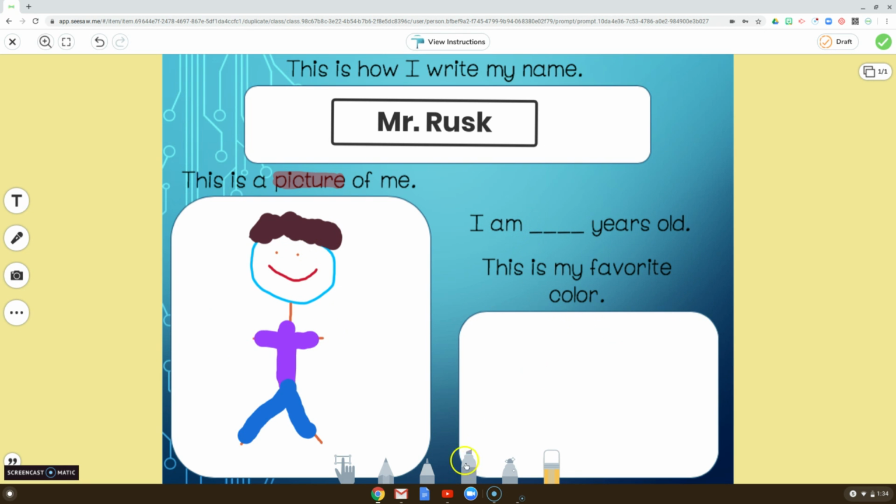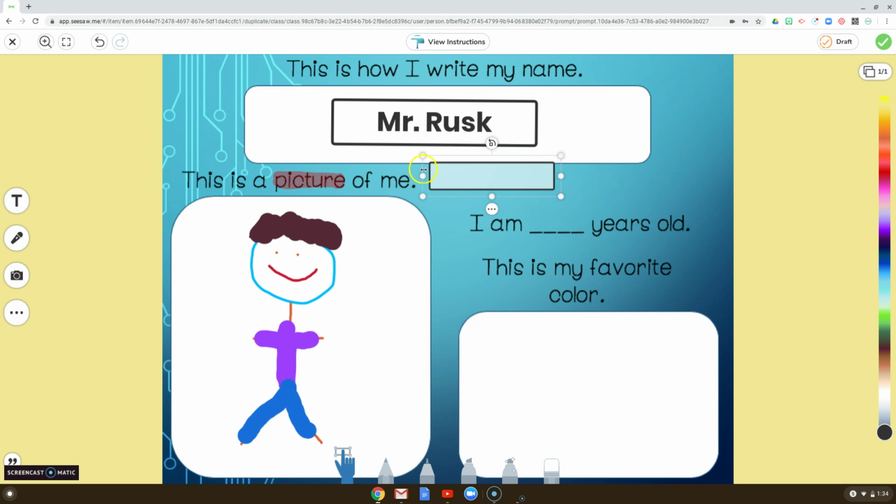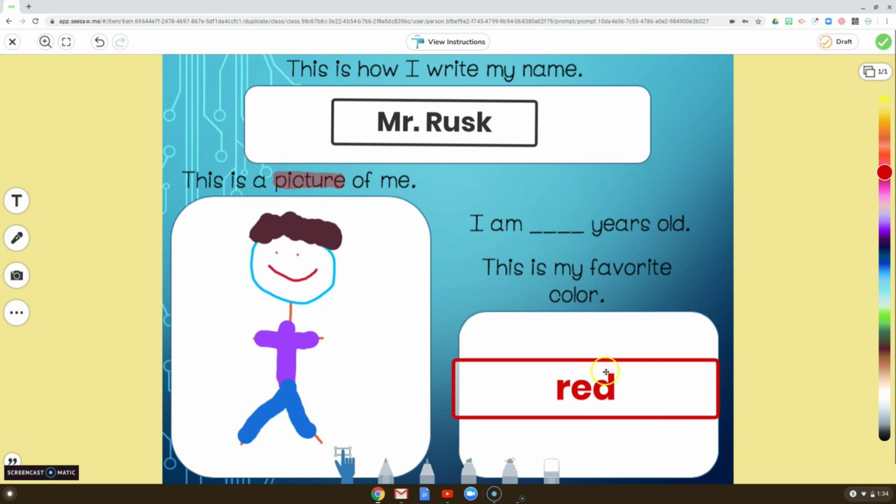So now I can go ahead and type my favorite color. So I'm going to touch the T for the label tool, and I can write red. I might even want to go in and change it to the color red. I can make it a little bit bigger and bring it down to fit into my box. And then I can put my age